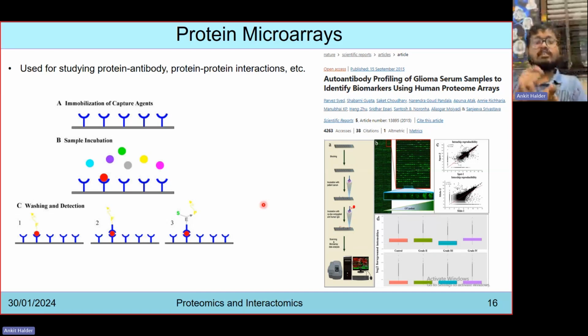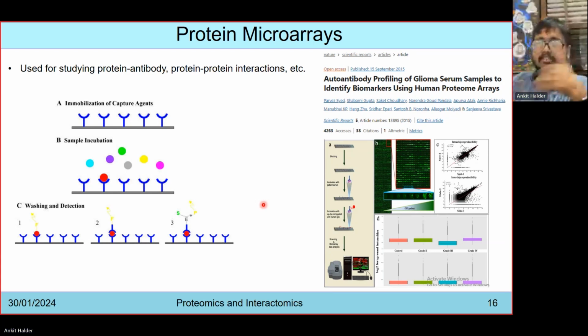If those antibodies get matched and identified to those particular proteins, then you will get a signal, the fluorescence intensity,